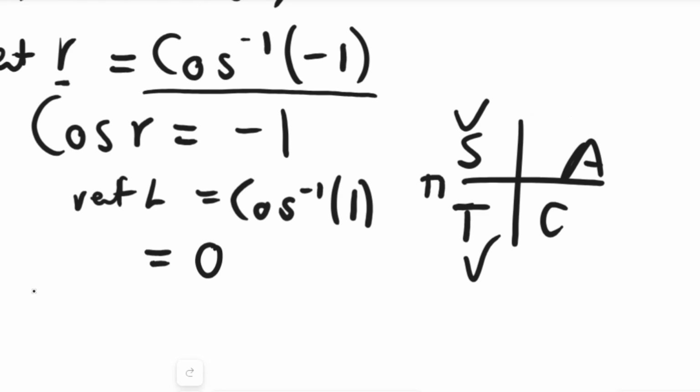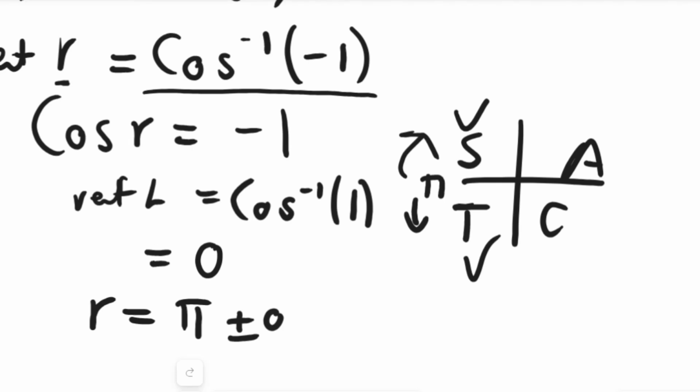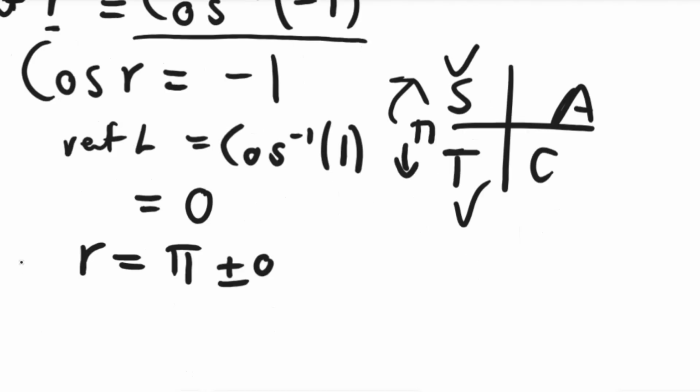Knowing that the value there is pi, you want to say now your r is equal to pi plus the reference angle, that is 0. So you just write plus 0 here, or pi minus the reference angle, because cos is also negative here in the second quadrant. So r will be pi plus or minus 0, and that is just pi, the pi that we produced from the previous way that we used to solve the very same problem. Okay,